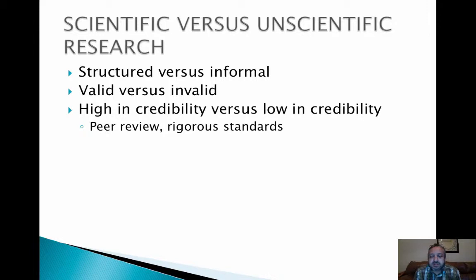One of the reasons why we accept scientific findings for the most part is because science is based on peer review. This is an important concept, so pay attention. When I say find an article in a scholarly journal, and I will say that to you during the course of this semester for your assignments, what I really mean is find a peer-reviewed article. And what does that mean?